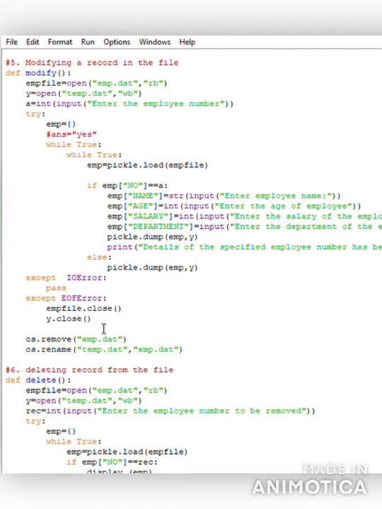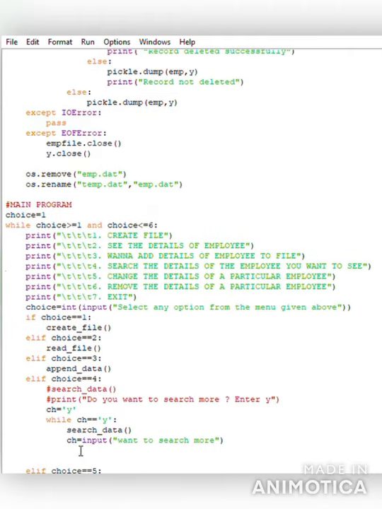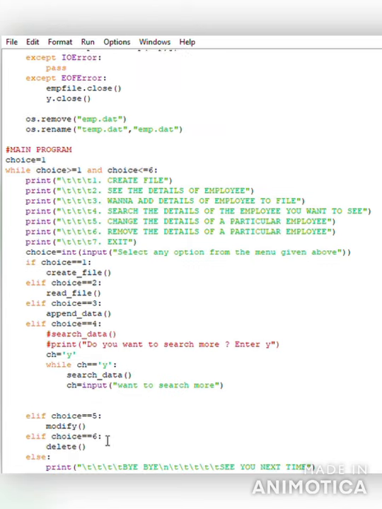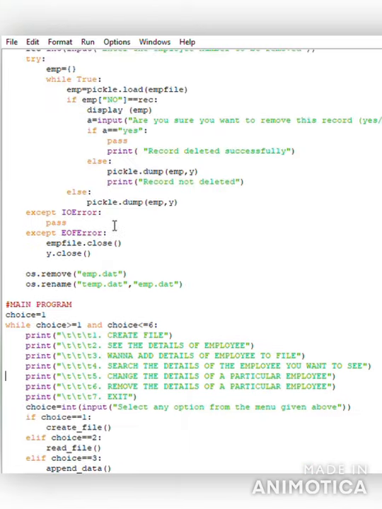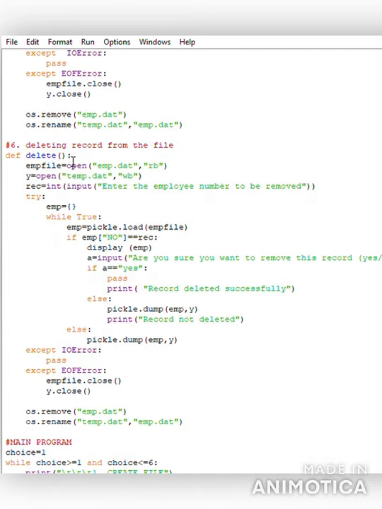Now we are moving towards the main program, and if the user's choice is 6, then the delete function is executed, and the first file handle is opening the file in read mode, and the second file handle is opening the file in write mode. Then a variable rec is taken to ask the user which employee he has to remove. Then the system will confirm whether the user is sure to remove the particular employee or not. If yes, then the record will be deleted, and if no, a print statement will show that the record is not deleted. Then the current changed file will be saved.